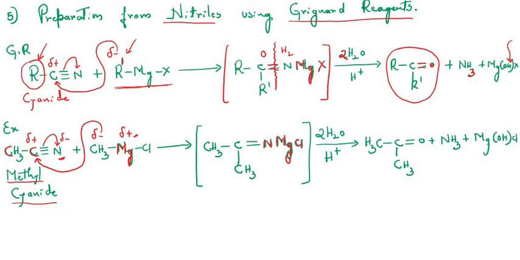Is it clear, students? And at the same time we can see that the triple bond is converted into a double bond here, right? So this addition product, when subjected to hydrolysis with 2 molecules of water, this bond will be ruptured here. One of the oxygens is added here, and the hydrogens are added here. Is it clear, students? So here we get a carbonyl group flanked by an alkyl group on both ends. So this compound is nothing but a ketone called acetone, and the side products are ammonia and magnesium hydroxychloride.